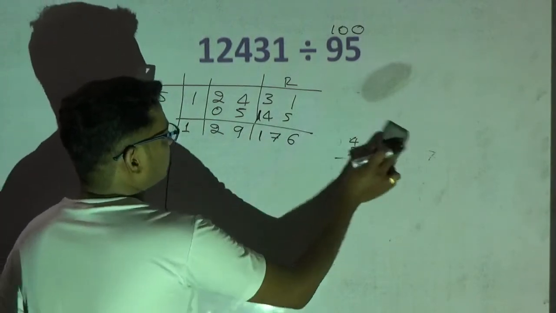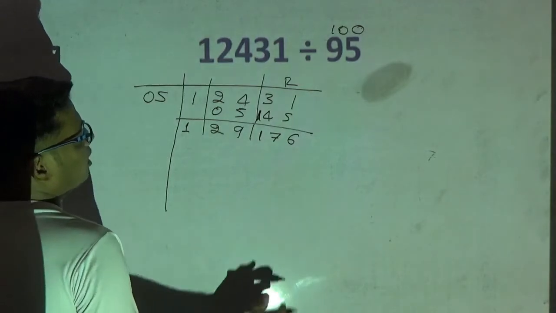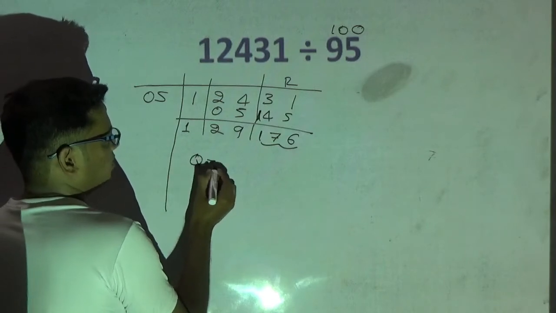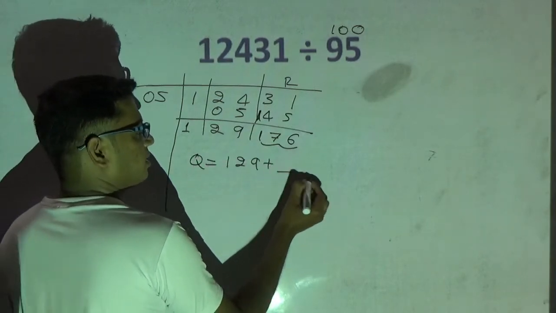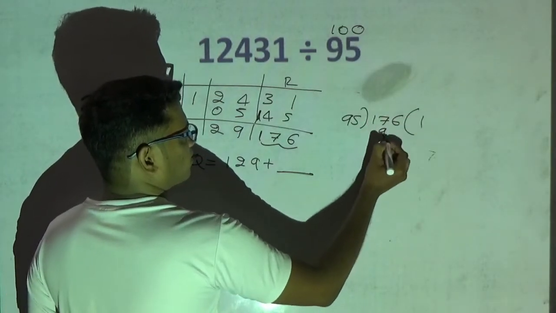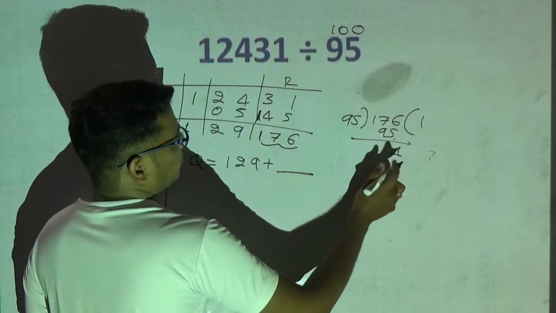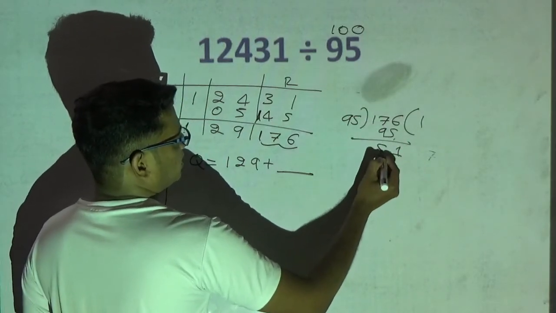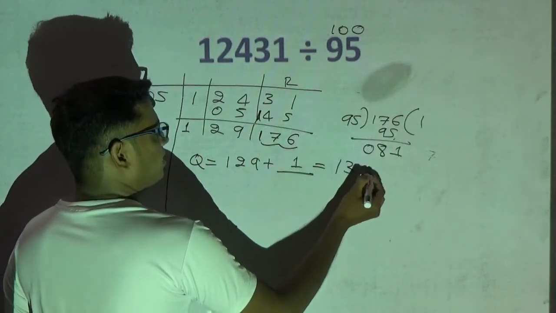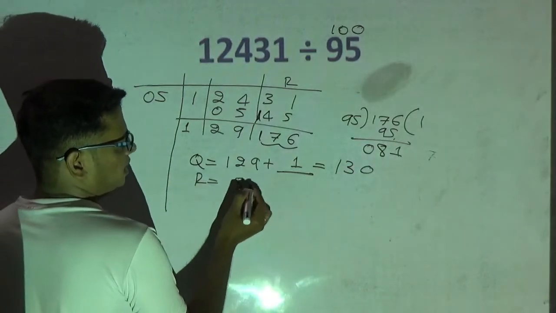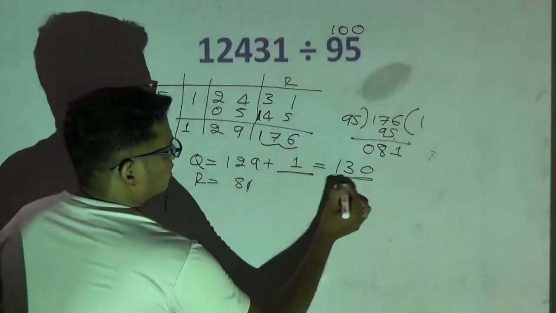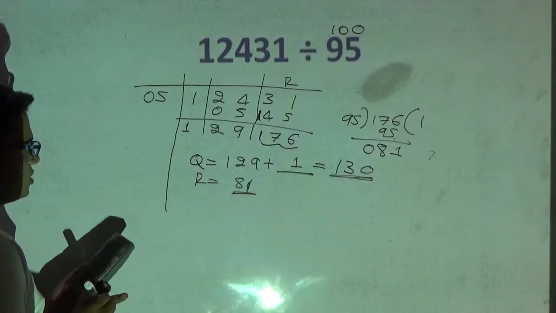Now by which number am I dividing this number? I am dividing by 95. Okay, but the remainder I got, I can further divide by 95. Correct? So 129 plus. Okay, so 95. How many times will 176 go? One time only. 5. This is 1. Okay. Now 17 minus 9 is 8. Okay, this is 0. One time. So the quotient is 130 and the remainder I got is 81. I cannot divide 81 further by 95. That's it. The quotient is 130 and this will be your remainder. Hope you have understood this example.